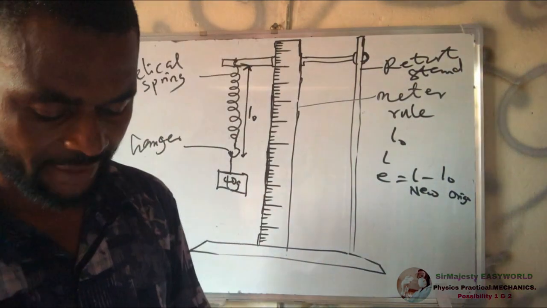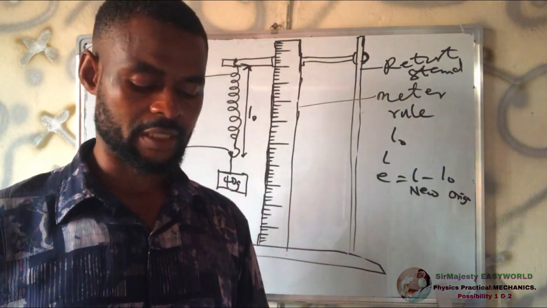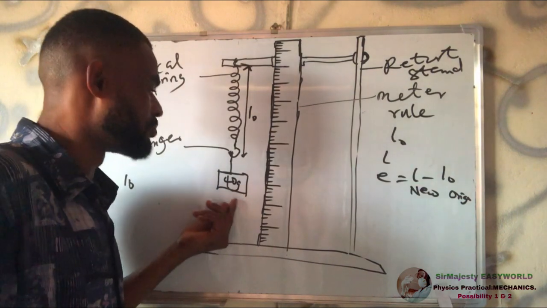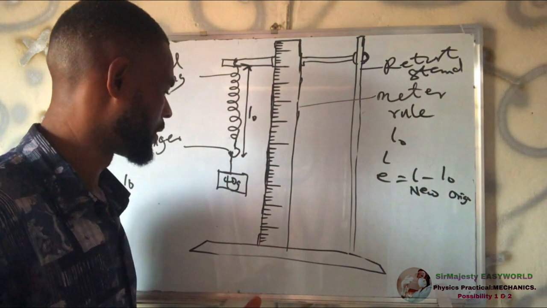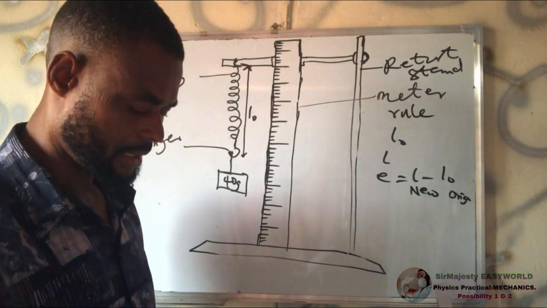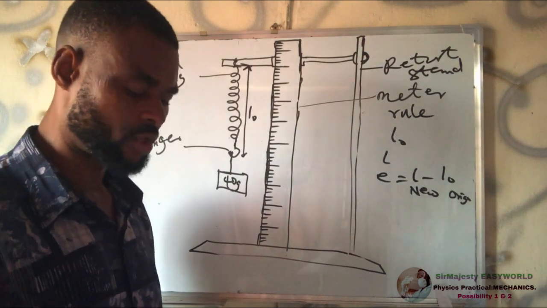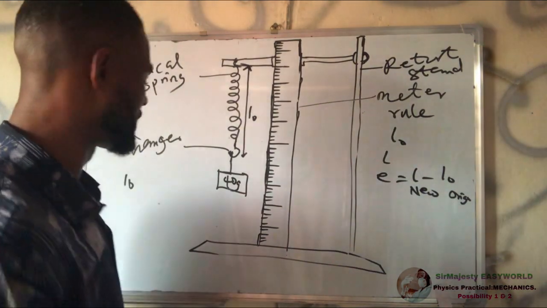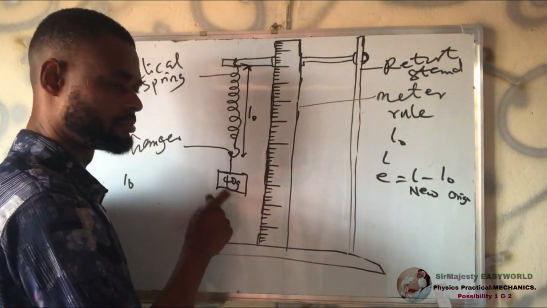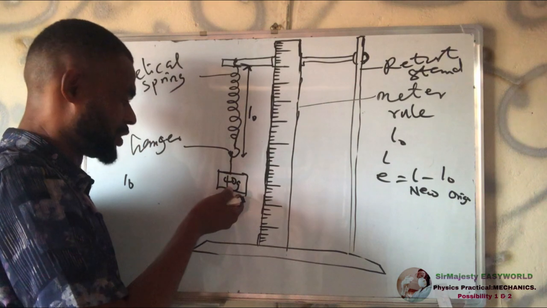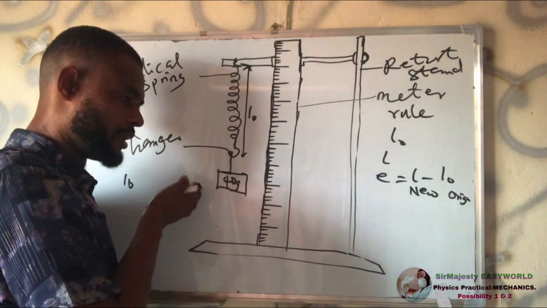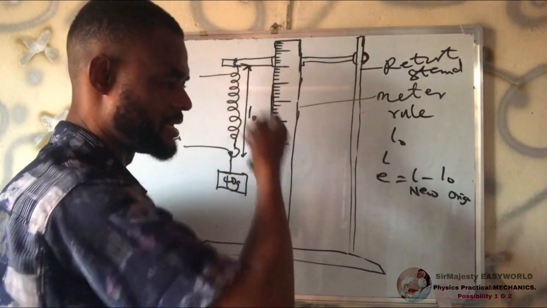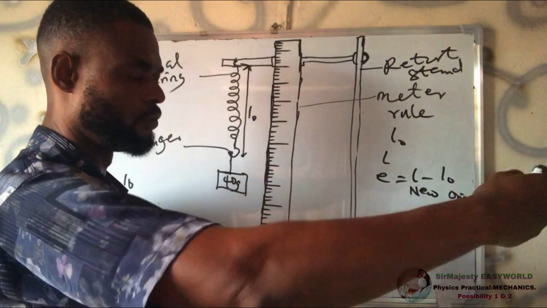Then after doing that, what again? You say set the system into small vertical oscillation. Measure and record the time t for 20 complete oscillations. Set this system into vertical oscillation. Just set it like this, push it up, or you put it this way. You understand? The vertical oscillation, allow it to swing up and down, to and fro,